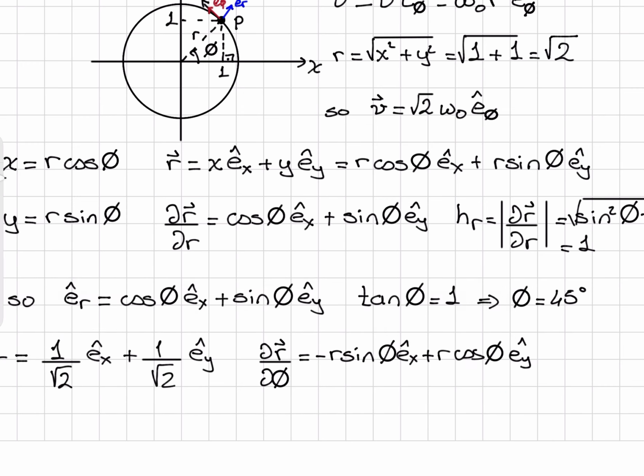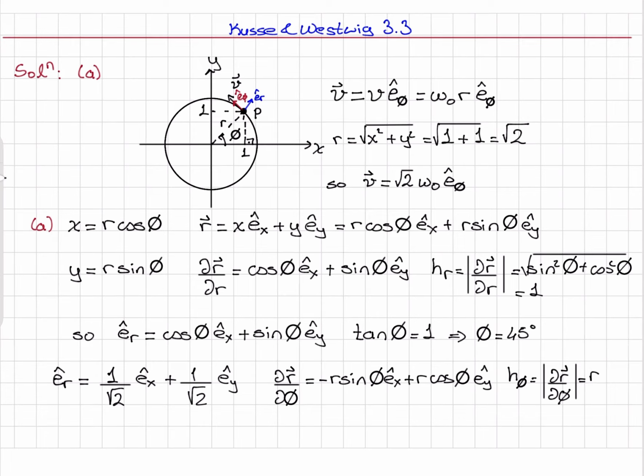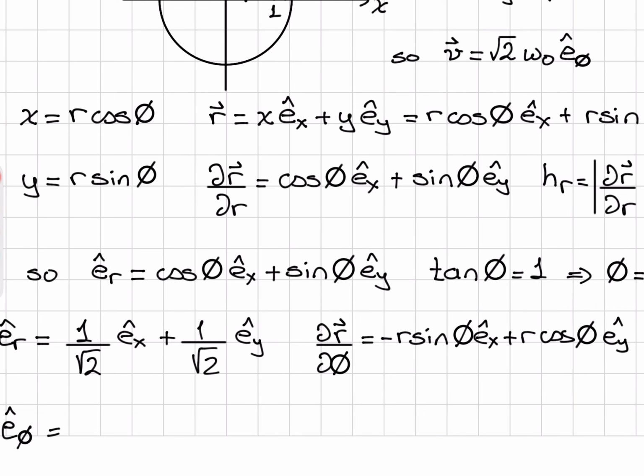The scale factor h phi, now you can see, will be the magnitude of del r del phi. In this case, I will obtain r times the square root of cosine squared plus sine squared for the magnitude here. So this was simply equal to r. So I can write e phi hat, the unit vector in the tangential direction, is equal to, so I have to divide this by r, minus sine phi